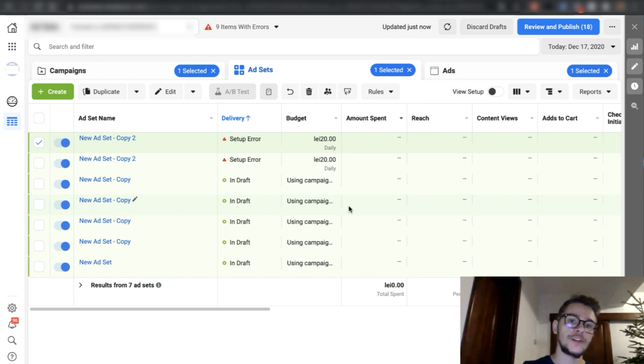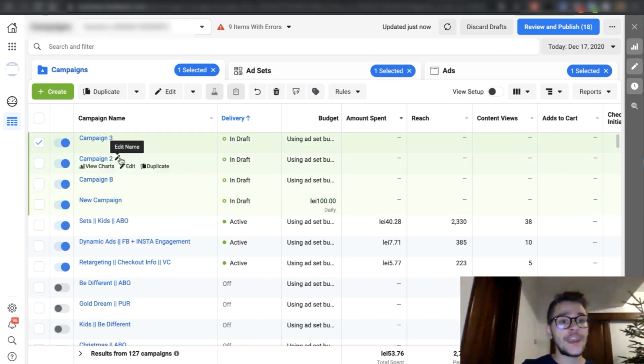You can control how much Facebook is spending for each and every ad set that you use. And this is why we wanted to isolate that. This is the winning ad set. Take that and duplicate that into new CBOs. And now we have campaign 2 and campaign 3, each and every one of them containing one winning ad set